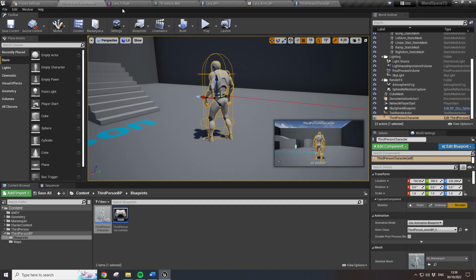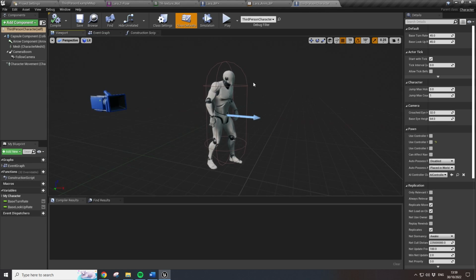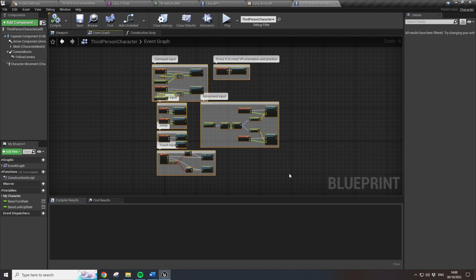This character here, we've just opened up the blueprint, and if we go to the event graph, which is where your core functionality is, you've got your viewport tab, which is your little fella. Then you've got your event graph, which is all your basic input. It tells you here, this is your gamepad input, this is your VR, which obviously we don't need. This is your movement input. And so what I'm going to do is I'm just going to left click, hold it down, press Control C, and then really naughtily I'm going to go back to